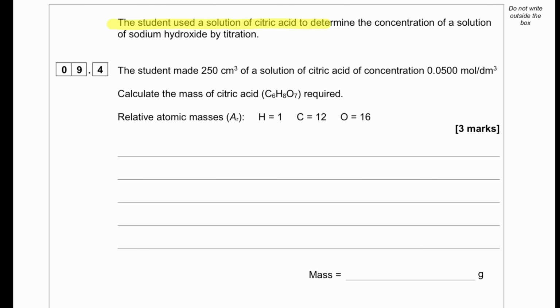The student used a solution of citric acid to determine the concentration of a solution of sodium hydroxide by titration. The student made 250 cm³ of a solution of citric acid of concentration 0.05 mol per dm³. Calculate the mass of citric acid required. Relative atomic mass is given here. So the amount of citric acid will be